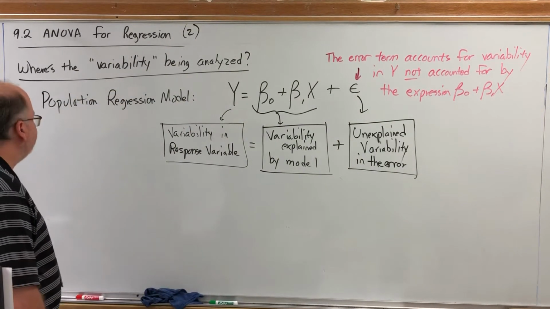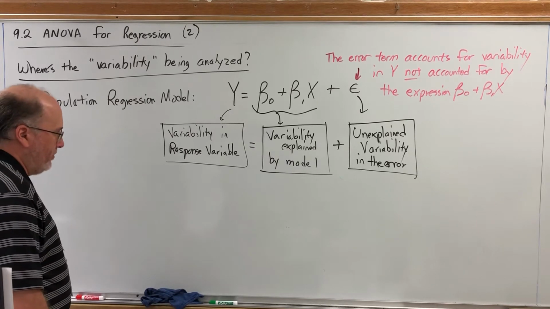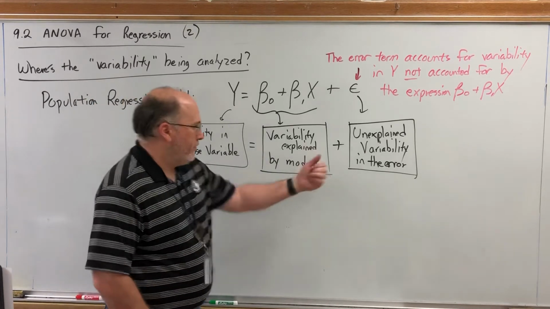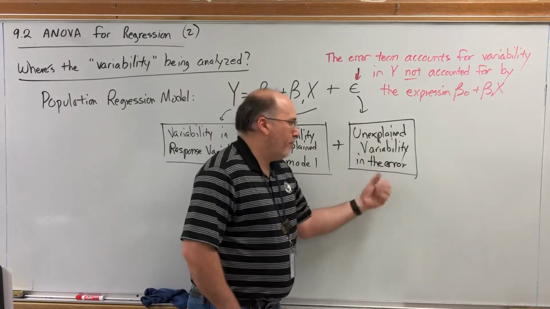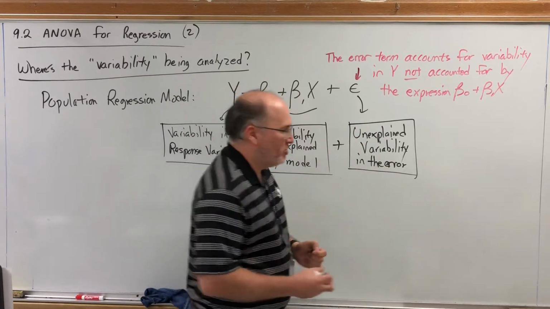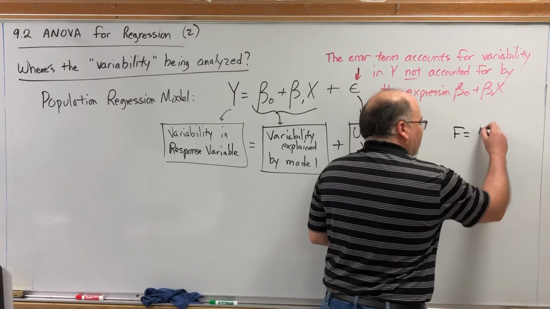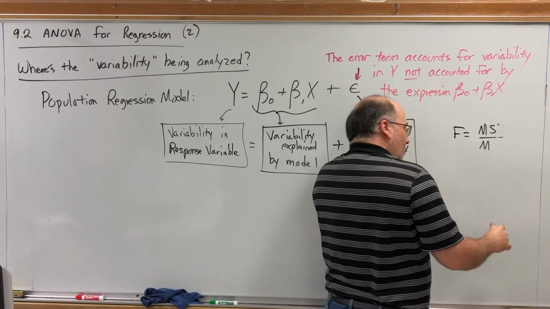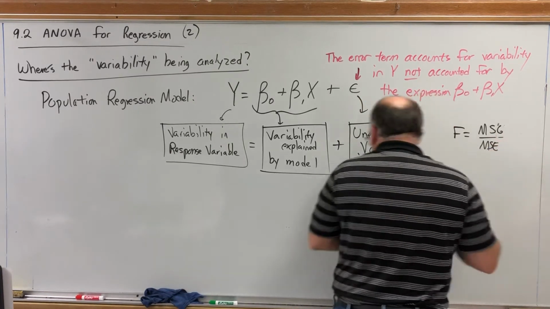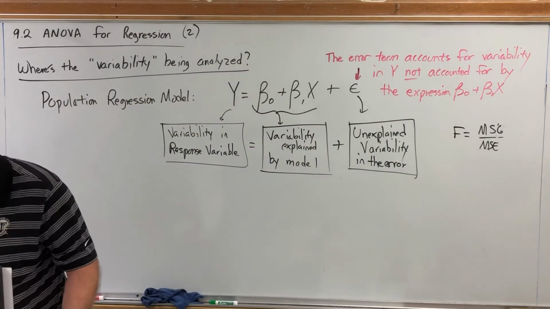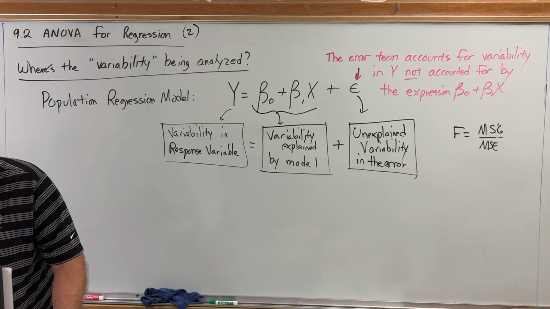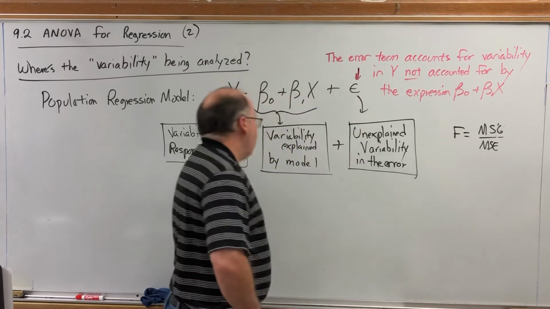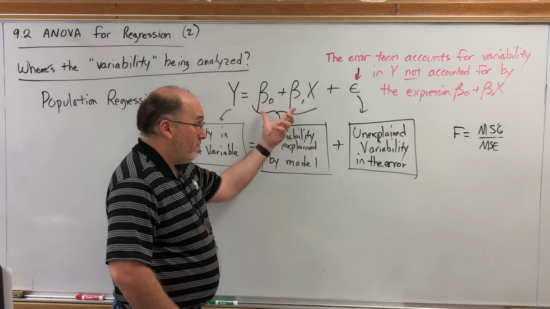And so if we're going to test the effectiveness of a model, we're basically asking, where's the bulk of the variability over here? Is it within the model or is it within the error? And when we did analysis of variance previously, you remember when we calculated an F statistic as MSG over MSE. We were comparing the amount of variability that was in the model or in the groups